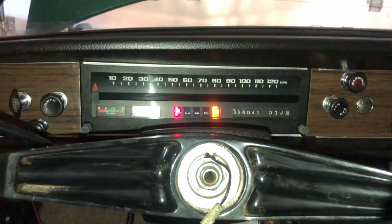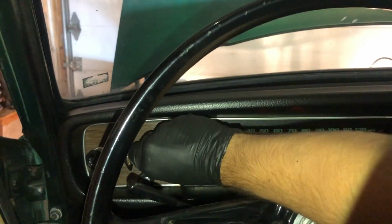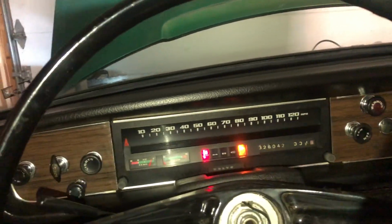So today I did the relay wiring for the fog light. I got the fog lights installed. I got the bumper put in. And as of a little bit ago, we have